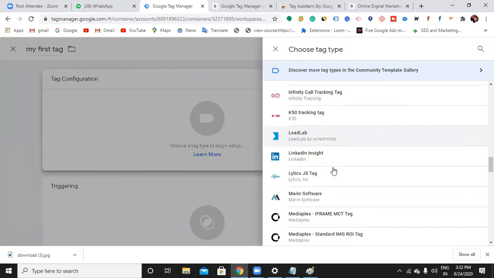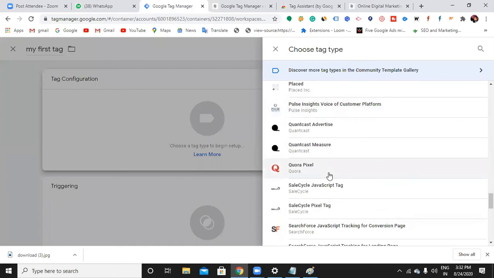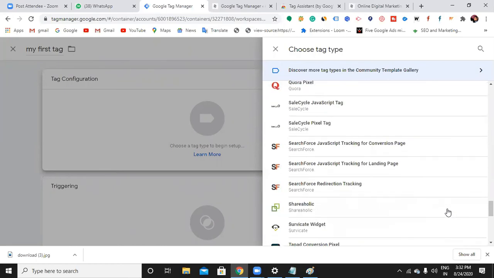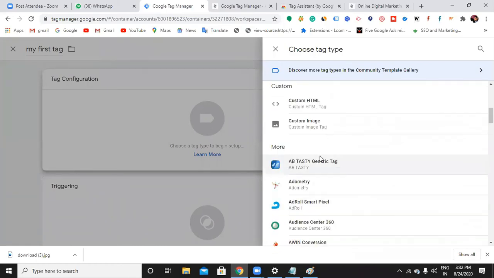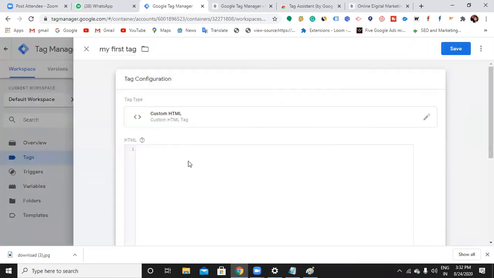So here you can see Pinterest tag. Can you see Pinterest tag, Quora Pixel tag? Many things are there. Okay, so now let's say Facebook Pixel. Facebook Pixel is not appearing here. So at that time, you can just use this custom HTML and you can enter the code here. Okay, so if some particular item is not available, you can just click on the custom HTML and you can paste the code and save it. It gets automatically connected. In the same way, LinkedIn also, Twitter also you can do.